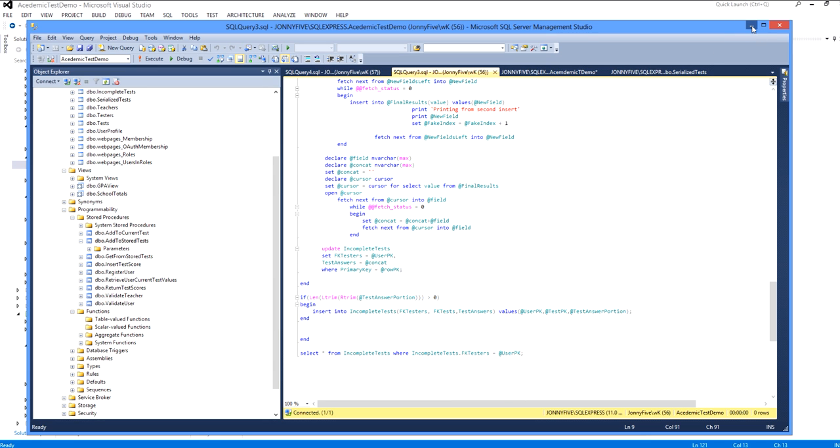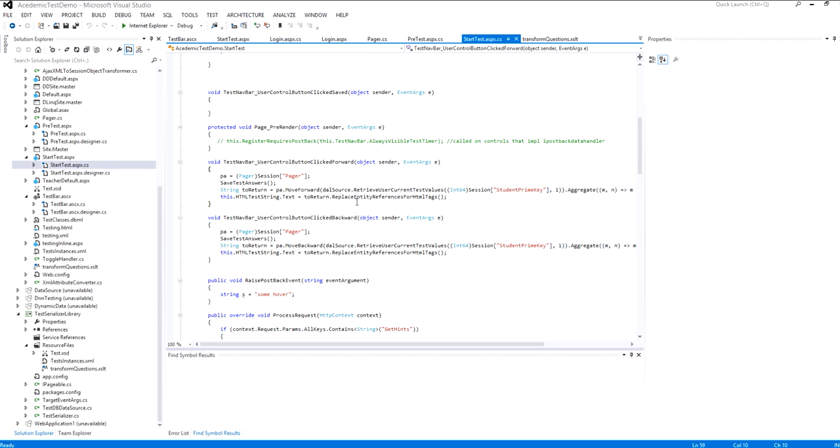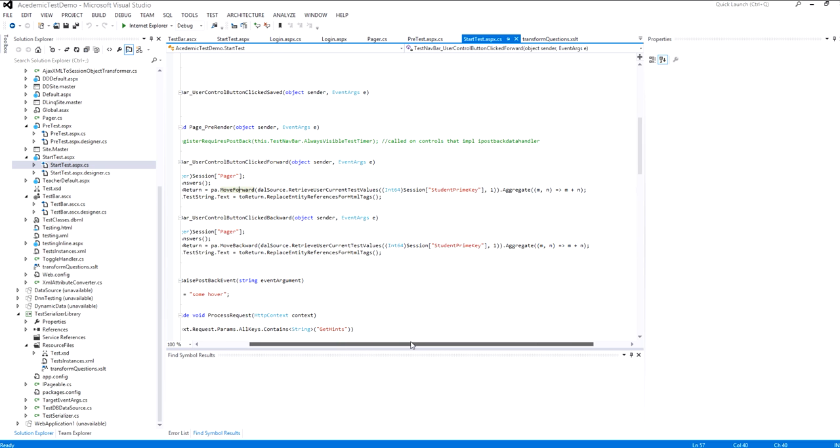That way, if the browser would crash during a test or during viewing, it's very important that the working state of the entire end-tier application, this is the state each time the user uses that control bar. You want to save what they're working on. So I incorporated that. After I save, I call my pager. I call move forward, which selects new string arrays and then aggregates them, so that it's actually an optional configuration value as to how many questions are on each page. Right now I have it set to 2. It could be any amount,